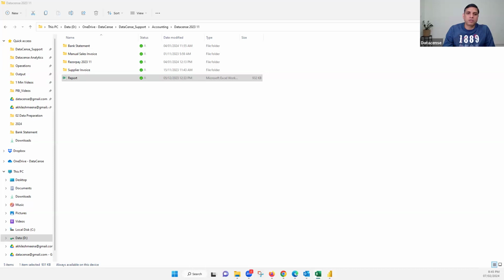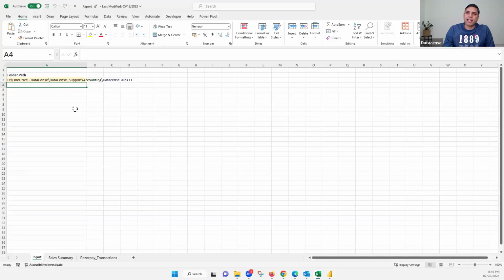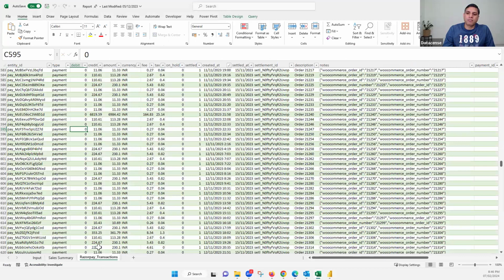So this report has a cell, and I have asked Power Query to pick it from here. So this is the query which comes from the Razorpay download, and then